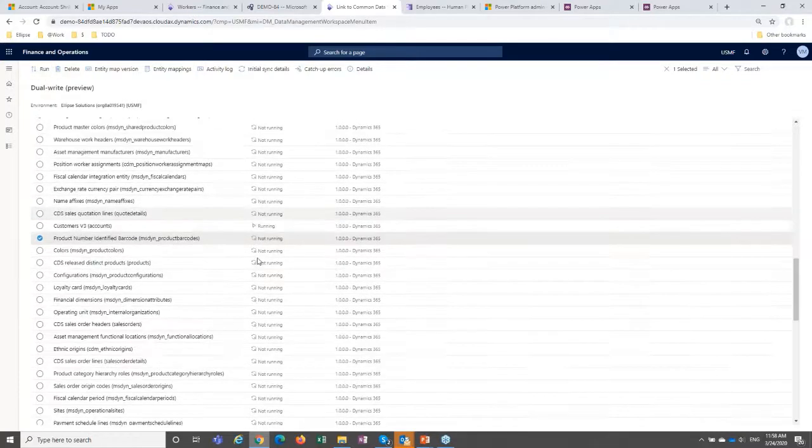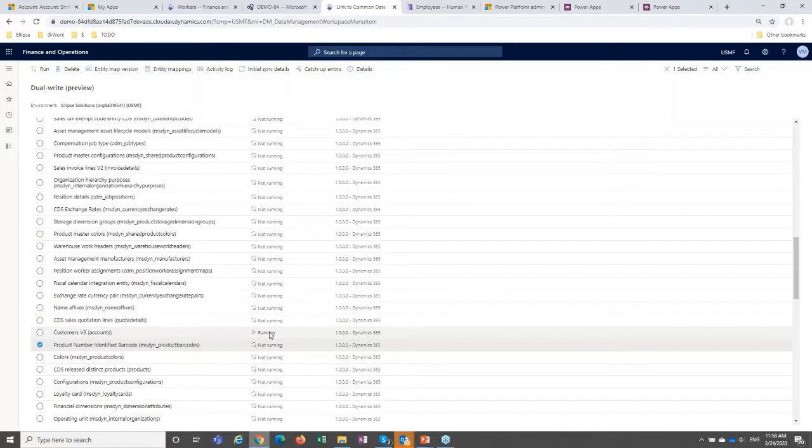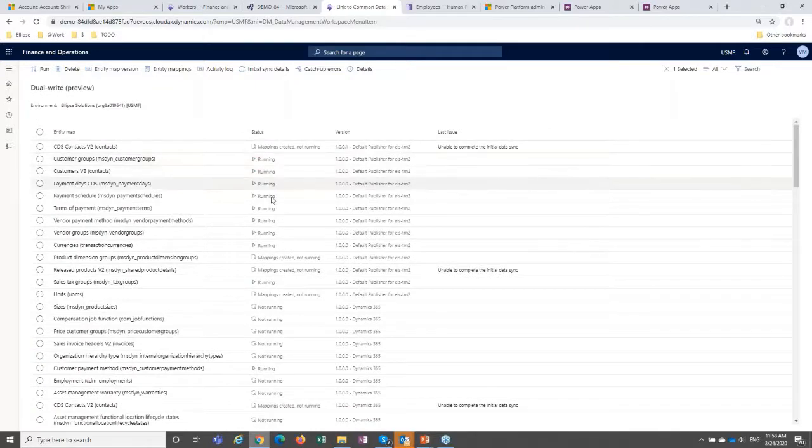So if you see the customers are running, that means the synchronization is in place and waiting for me to make the changes, and all other data entities are running. Those that are running, actually, that's what customers depend on. So, of course, obviously they should run as well, because you might add more details to your reference tables, right?